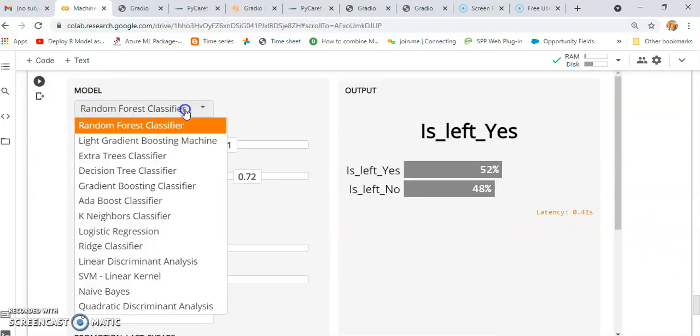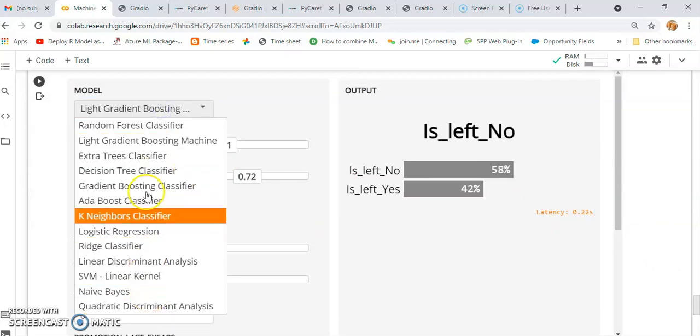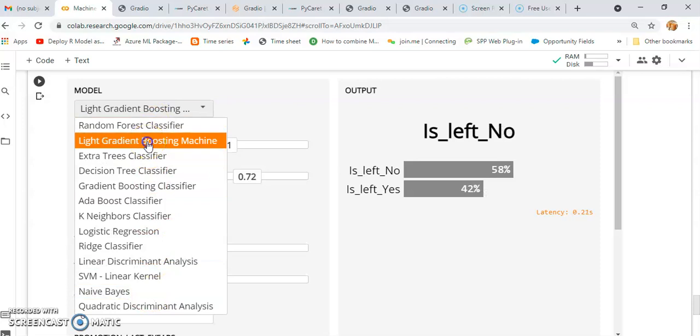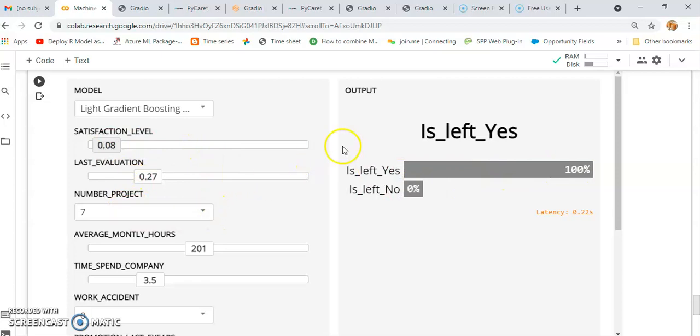Here you can choose any algorithm from the top 15 or top 13 algorithms. You can set the satisfaction level, and you can see here the probability or percentage changes. Here is left no, having the higher percentage. Then you can see here is left yes, having the higher percentage.